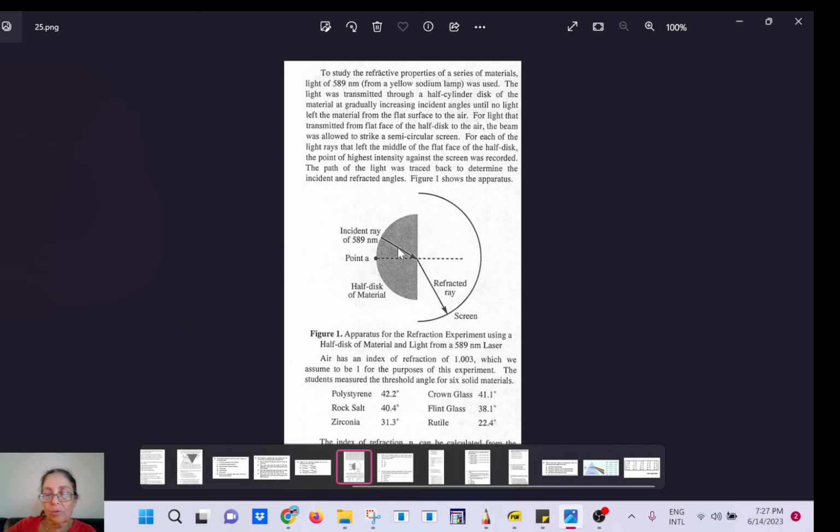Okay, so you go from slow, which is the material here, the medium, to fast. And as you increase the incident angle, at some point you're going to reach the critical angle. And beyond that, the light will be totally reflected. You have total reflection and the light is trapped inside. So first of all, this